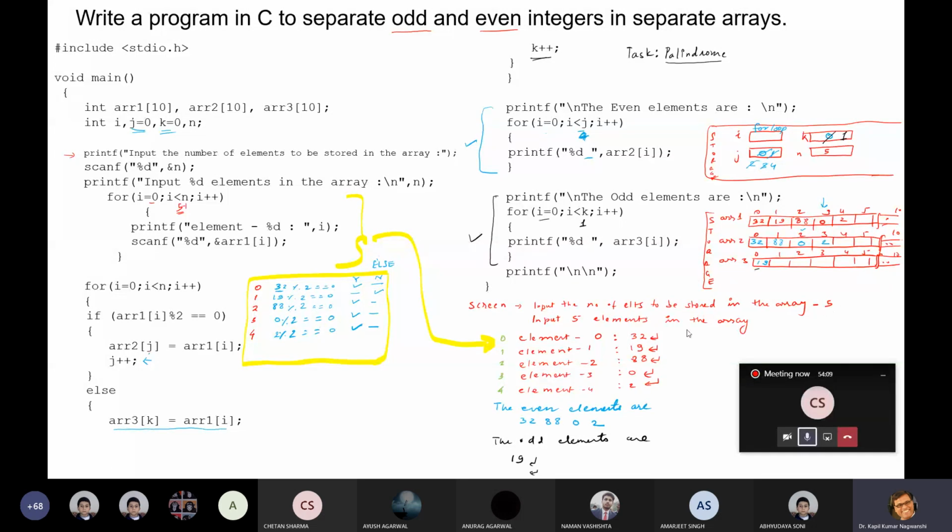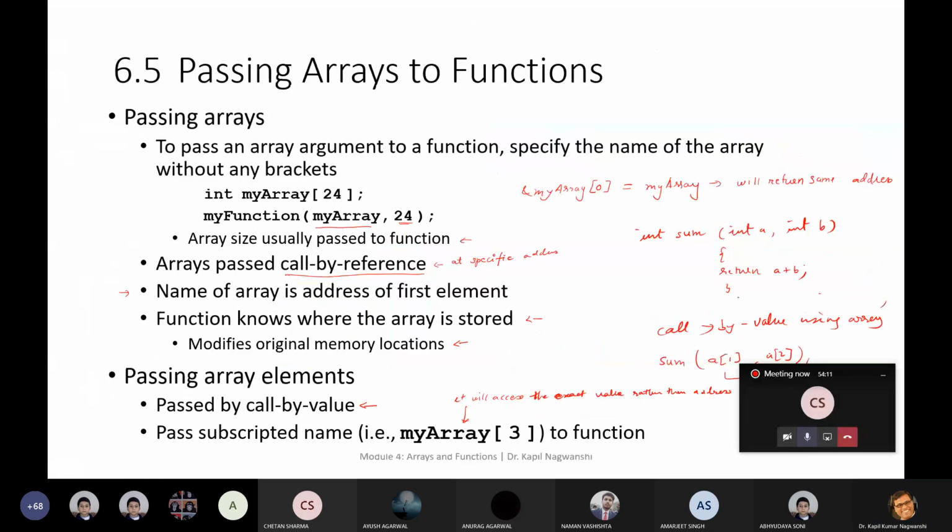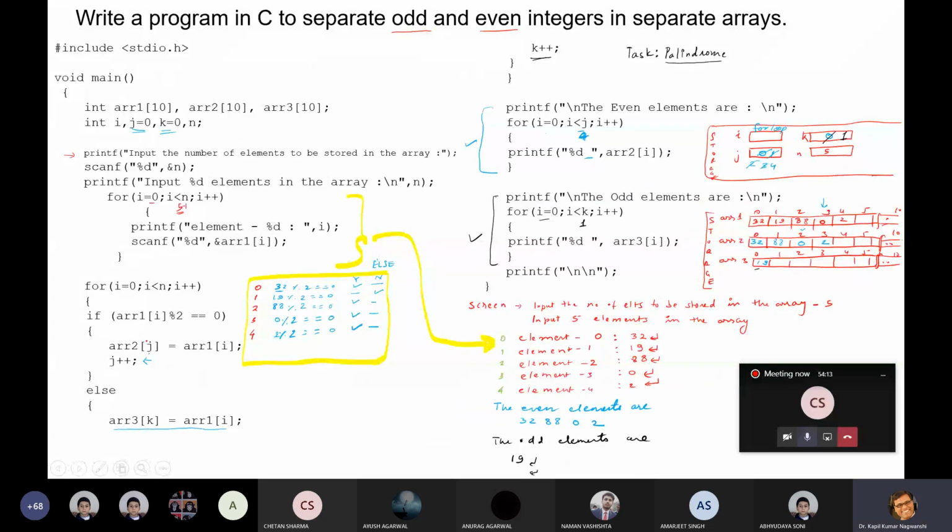So I had entered 5 the previous day. This 5 is entered by me. Now this 5 will be stored at which location? N. So this 5 is stored at this location.